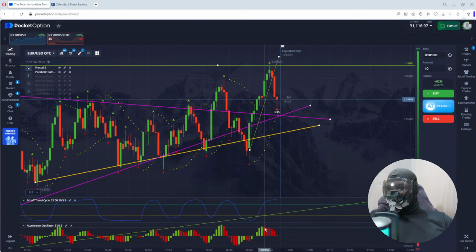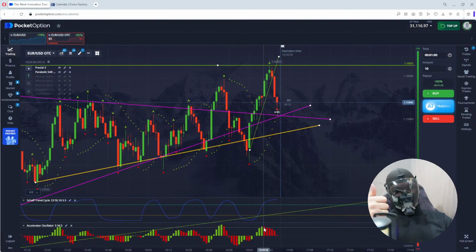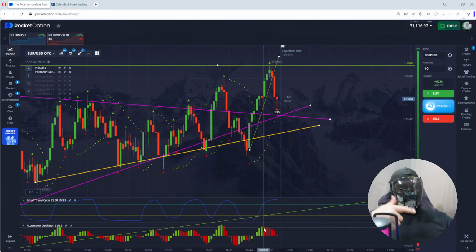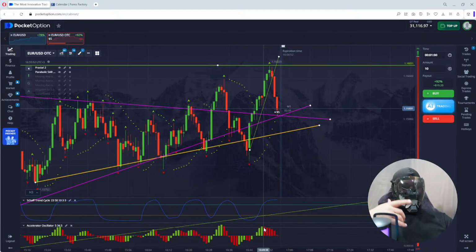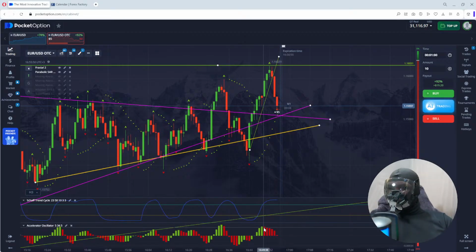But we do see that essentially that's what I was saying, the signals from accelerator oscillator: crossing of the zero line from down up is a buy signal. From up down, it's a sell signal, but also the color coordination. Right, so you see that there is a diminishing factor, kind of growth in the momentum based on what the asset is doing, what the graph is showing you. You're also seeing, sorry, in 5, 4, 3, 2, there we go, we're going to see, is it going to cross? There we go, and I think that would be a good,